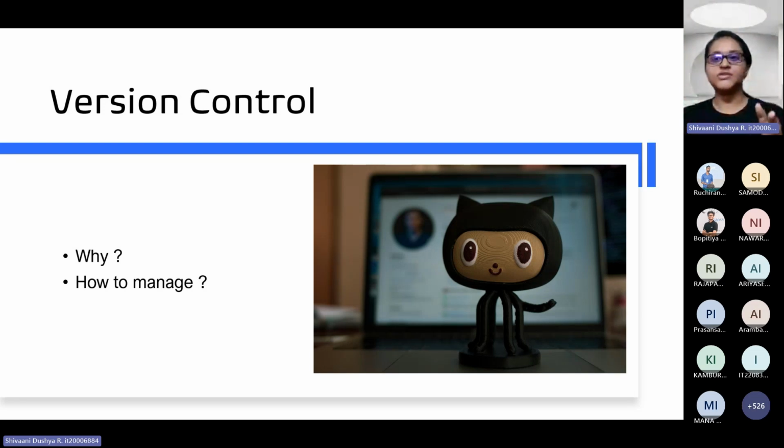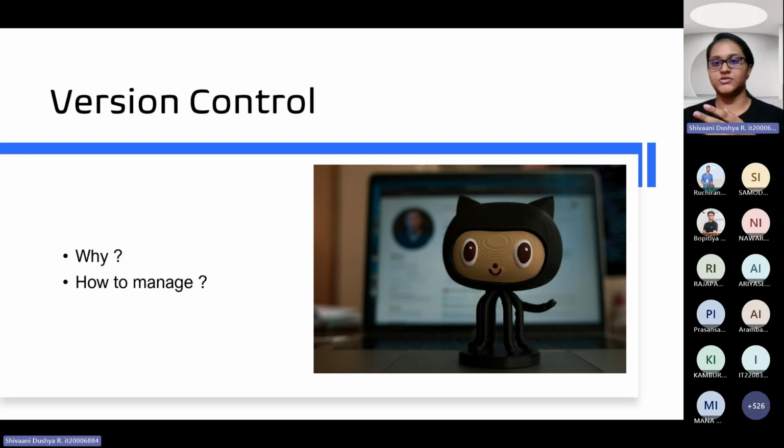So after 1 month, say the date is 10th of February and you need to get the code of 10th of January, you can easily get it with version control. If you're maintaining it in OneDrive or Google Drive, you can't do that. So if you want to revert your code, you can use that. So learn them. Why I'm mentioning this so much is when we were doing our project, most of the people